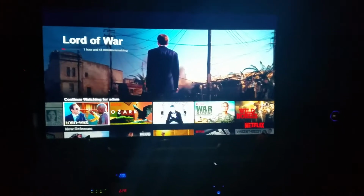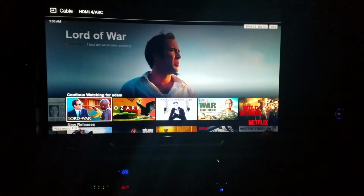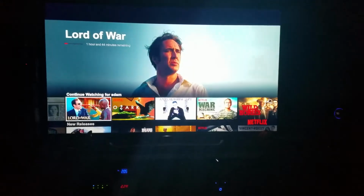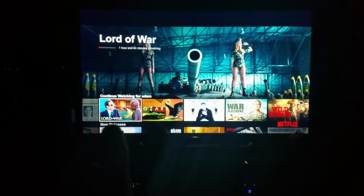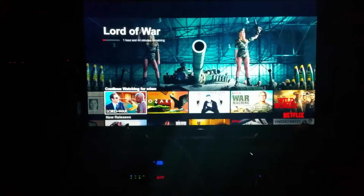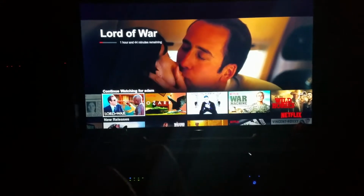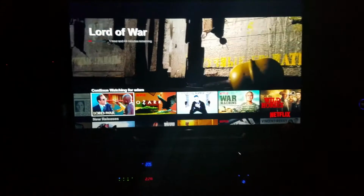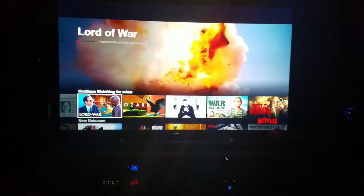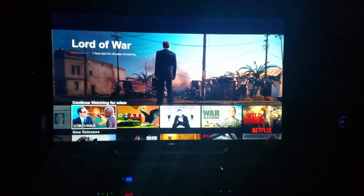Mind you, we are in 4K, and it's the receiver making this look so nice. And it's literally a night and day difference, completely, literally night and day. You can't get it this dark in the day, however at night it's just flawless. This is unbelievable. And one of the things I wanted to show you as well is the fact that I